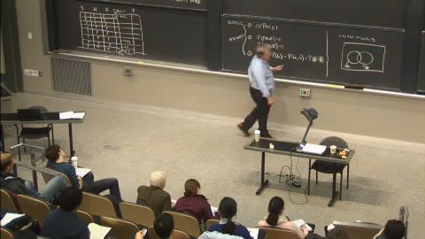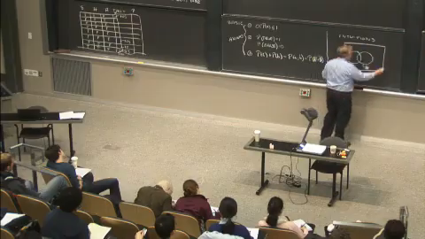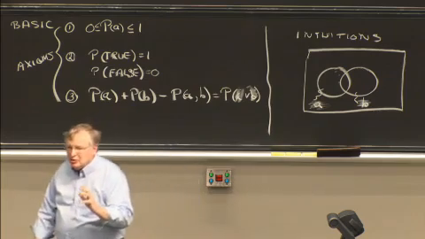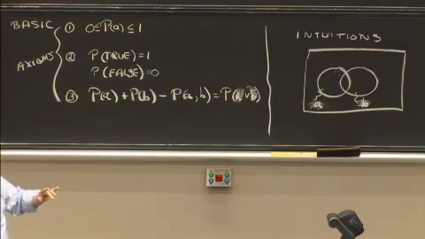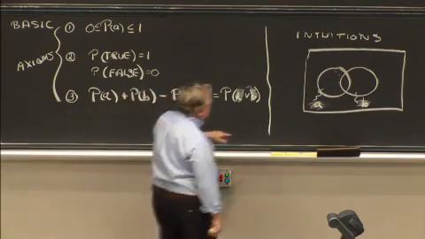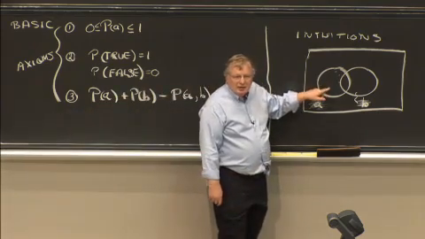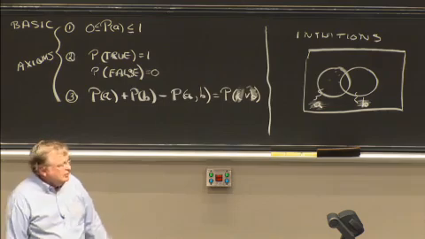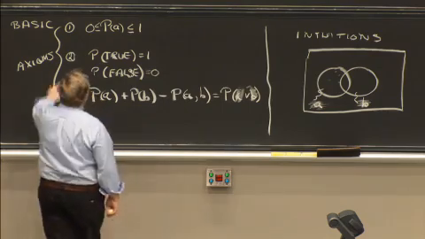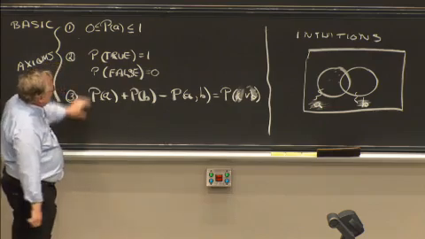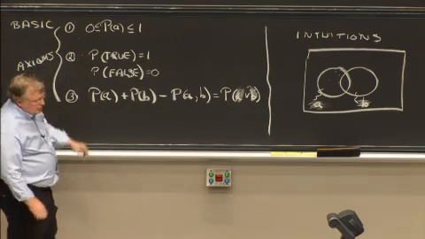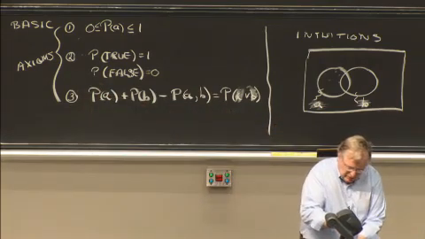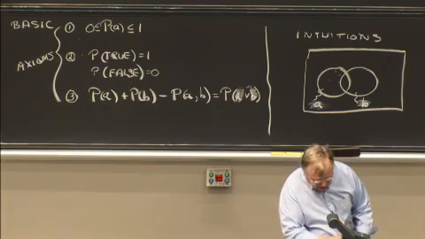The probability that A is certain is just when that fills up the whole thing, and there's no other place for a sample to be. That means it has to be A. So probability goes all the way up to 1. On the other hand, if the size of A is just an infinitesimal dot, then the chances of landing in that world is 0. And so that's the bound on the other end. So axiom number 1 makes sense in terms of that picture over there. Likewise, axiom number 2. What about axiom number 3? Does that make sense in terms of all this stuff? And the answer is sure,